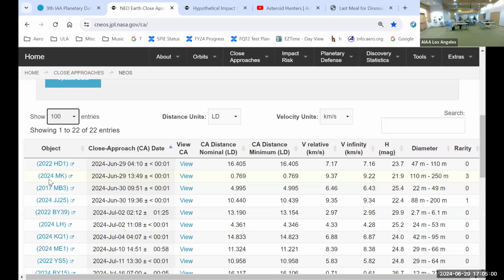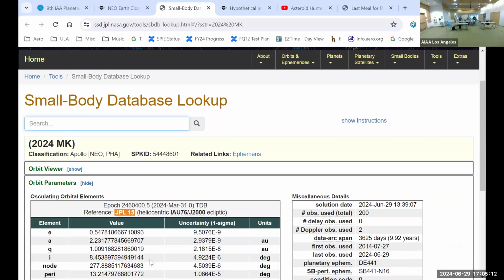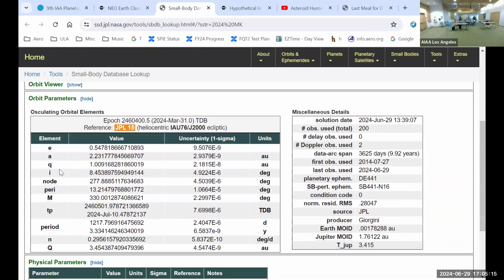I will link to you. And there was a question about the ephemeris, right? Was it you? Okay. So if you go to any of these objects and you just click here on the left, it will take you to another page which will give you the ephemeris for each of these objects. As you can see here, you have the orbital elements and the first observation. So when I looked at this morning, I was surprised to see that the object was first observed in 2014. And how come it is marked as 2024?